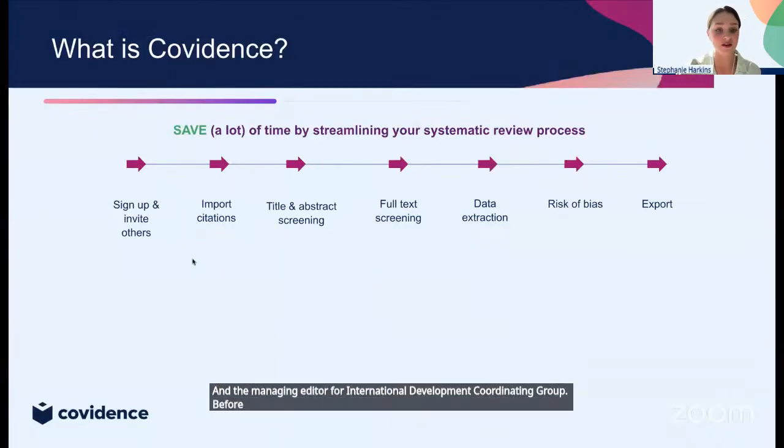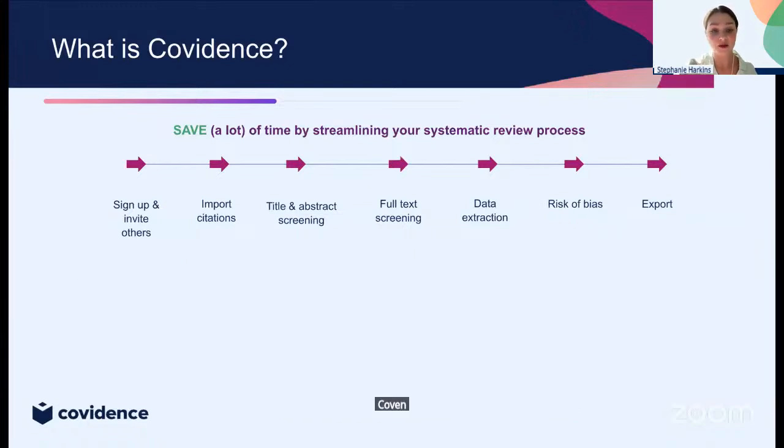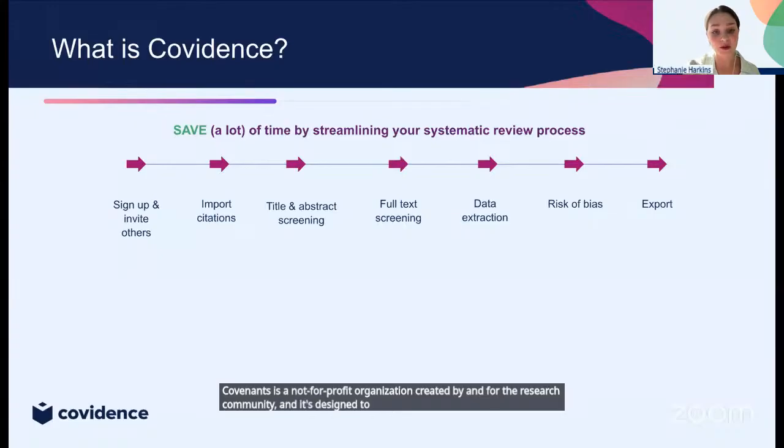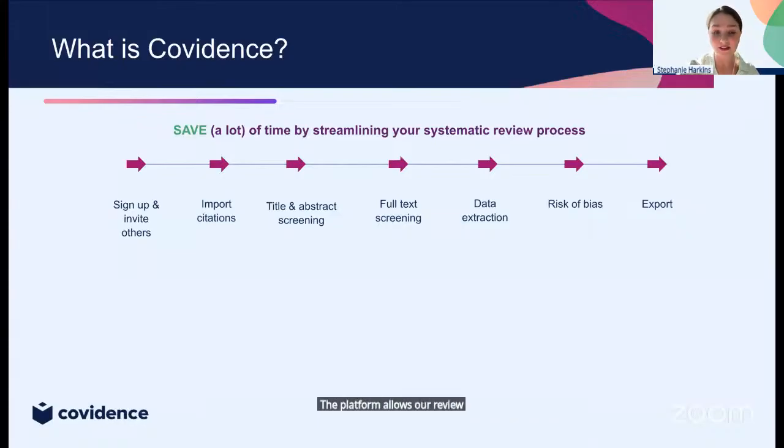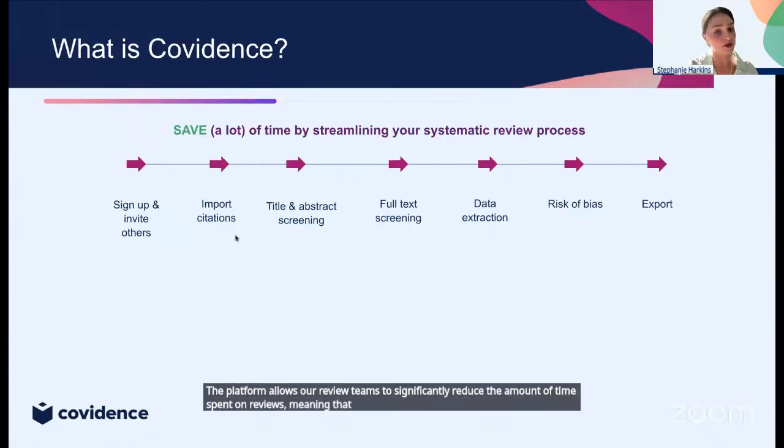Before I turn it over to Tamara, I'm going to provide a little bit of contextual information about Covidence. Covidence is a not-for-profit organization created by and for the research community, and it's designed to streamline the review process from the title and abstract screening through to the extraction and risk of bias. The platform allows our review teams to significantly reduce the amount of time spent on reviews, meaning that people are able to produce high-quality evidence faster.